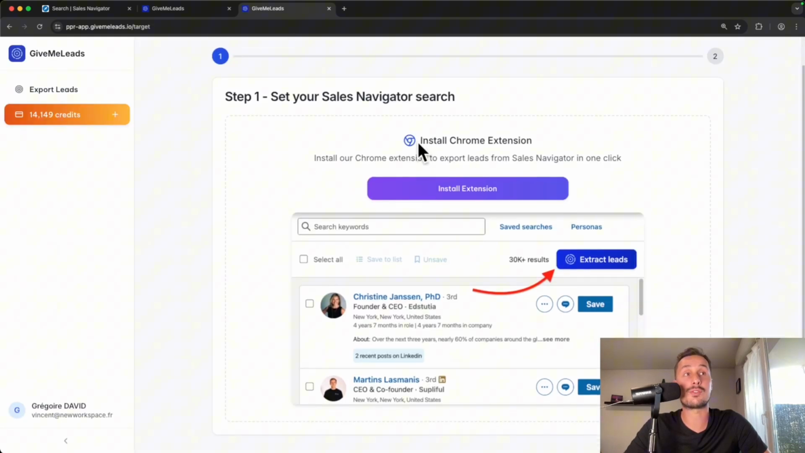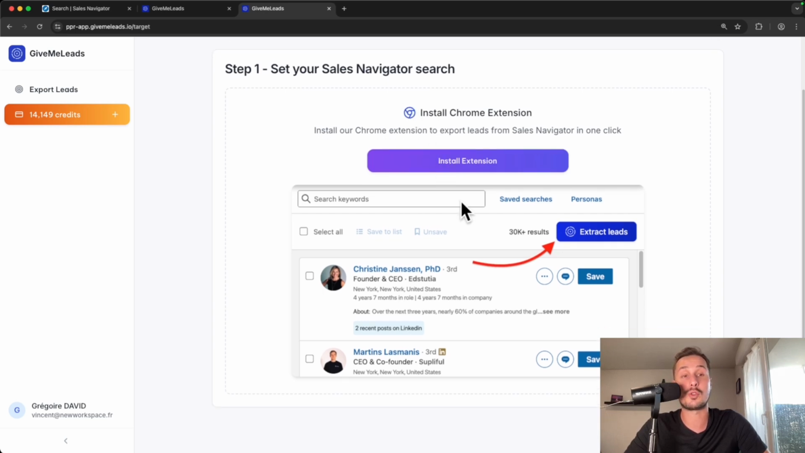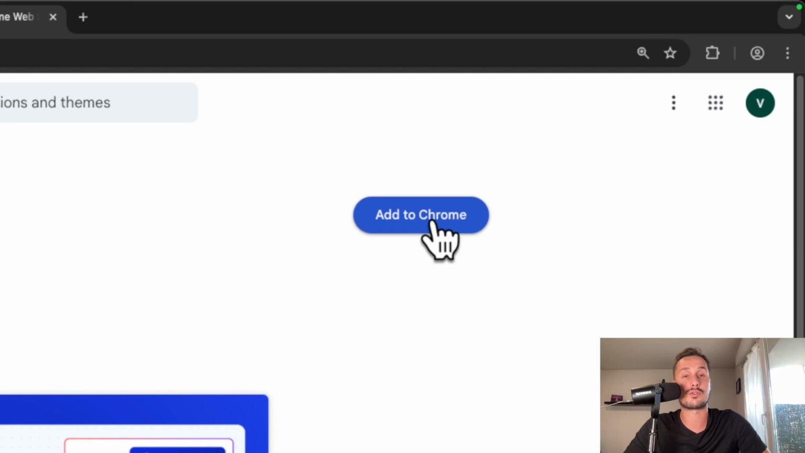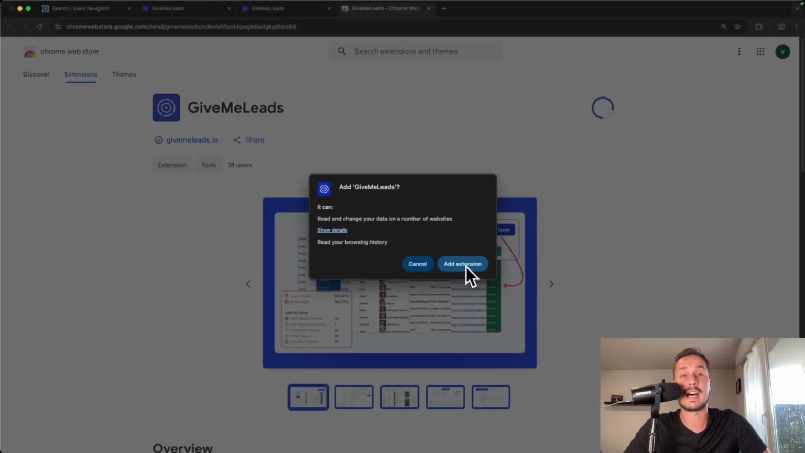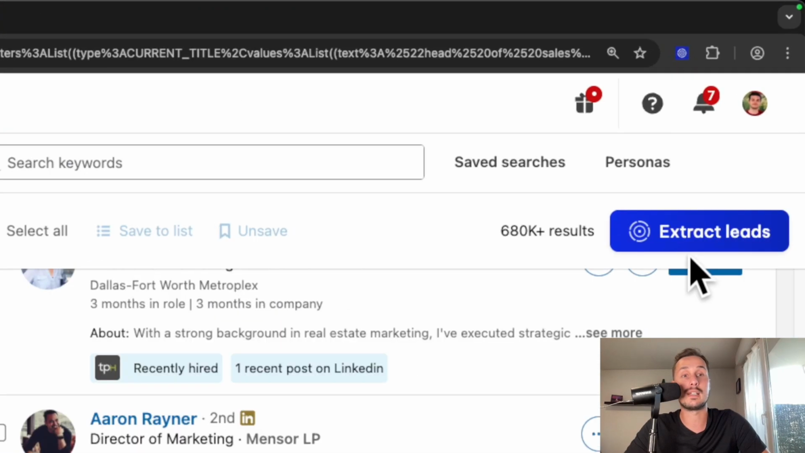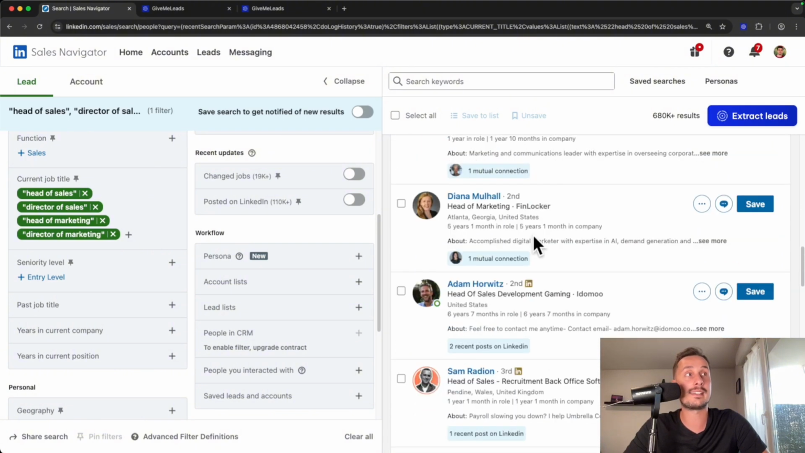Now the next step is to install the Chrome extension. And basically with this Chrome extension, you will be able to export your leads from LinkedIn Sales Navigator in just one click. So for that, you just need to click on Install Extension. Then you click on Add to Chrome. And then you click on Add Extension. Once you've installed the Chrome extension, you will get a button like this one, Extract leads. So once you're ready to export these leads, all you need to do is to click on Extract leads,